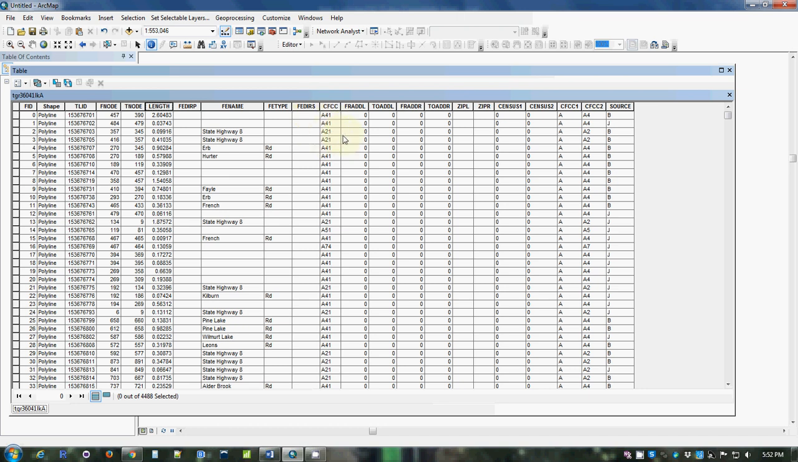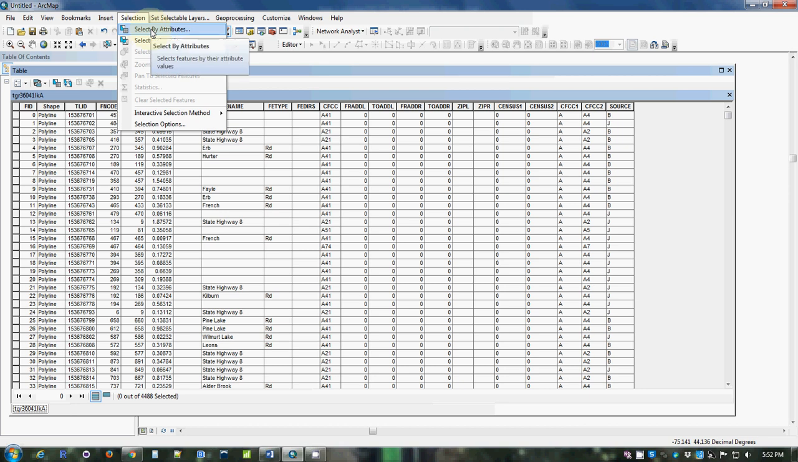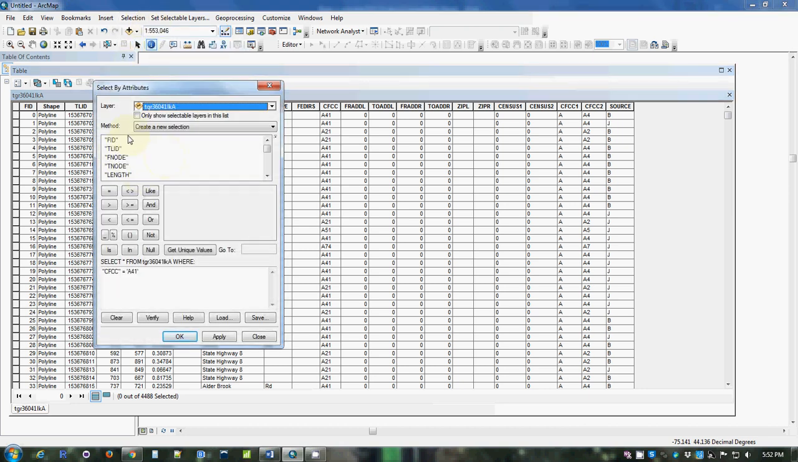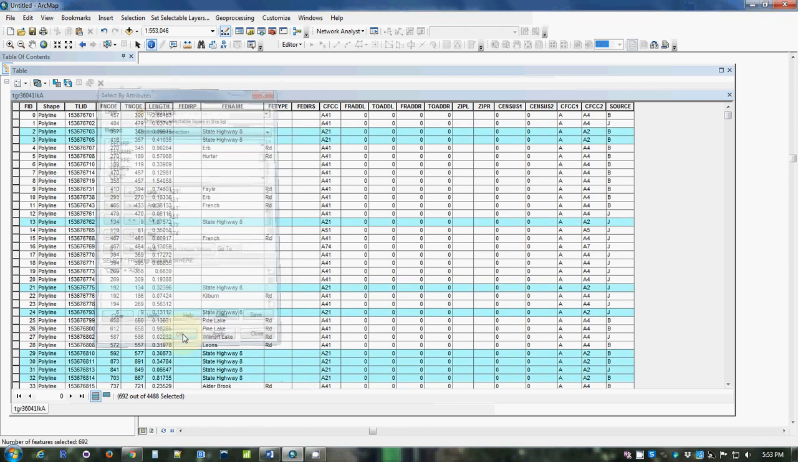I also thought I'd repeat the process to show you a review. Select by attributes. I can go ahead and say I'd like a new selection. This one's left over in my text box. I need to say clear. Double click on CFCC, equals, get unique values, and let's look at all the major roads. A21. Double click on A21, say OK, and it finds there are 692 road segments of major roads, and